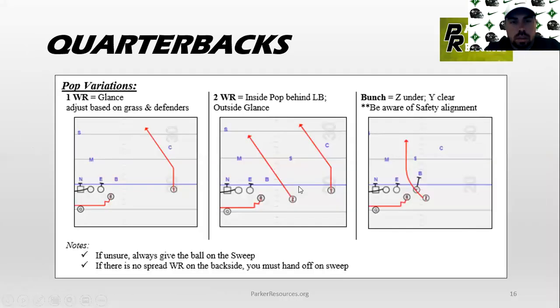So this is the pops that we threw. Now, you say, could we change it? Well, sure. Guys, everything is negotiable. If we had a really good this or that and we needed to tweak something, I'd be all about tweaking it, okay? But the base plan was if they were by themselves, they were going to run this little glance